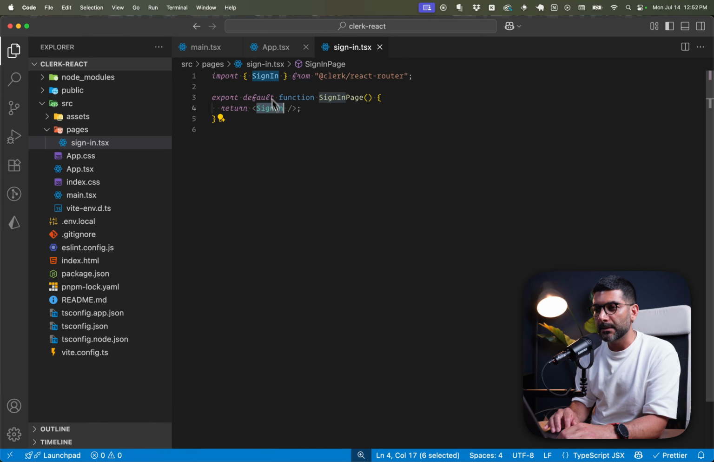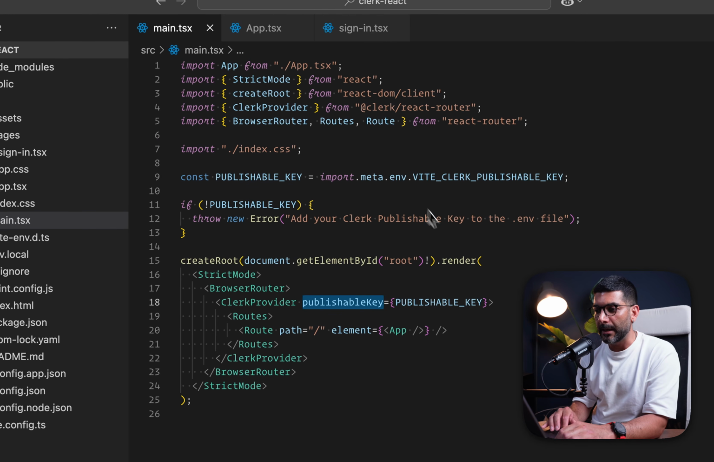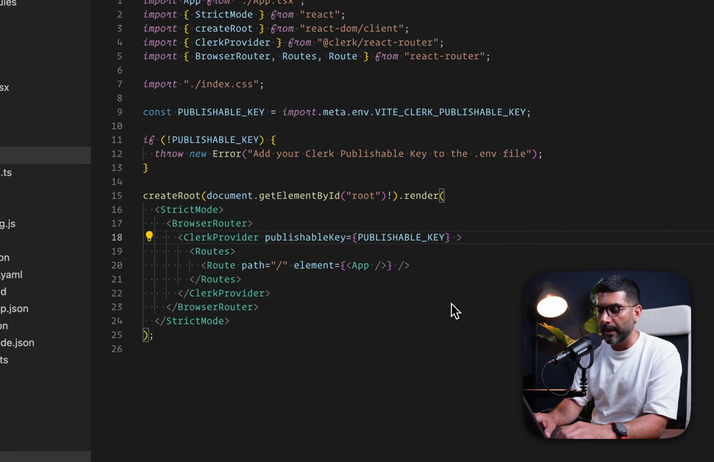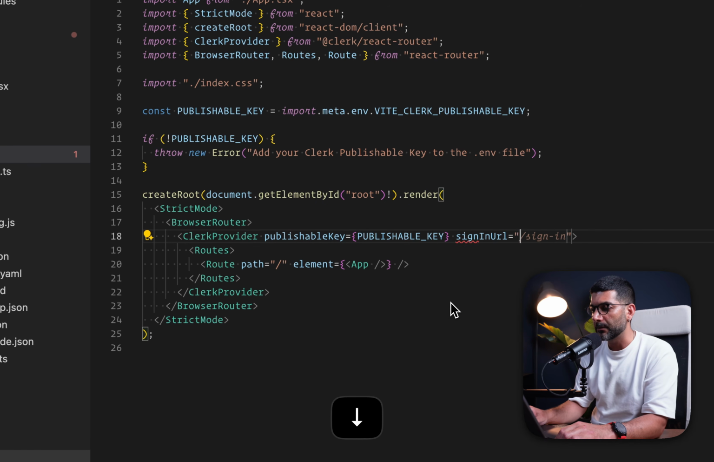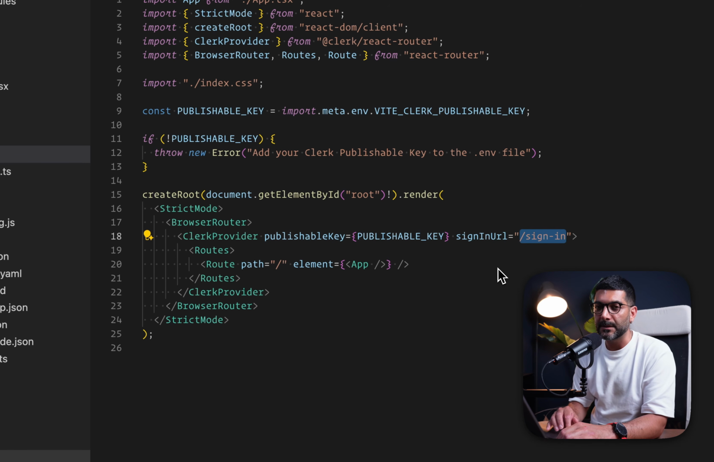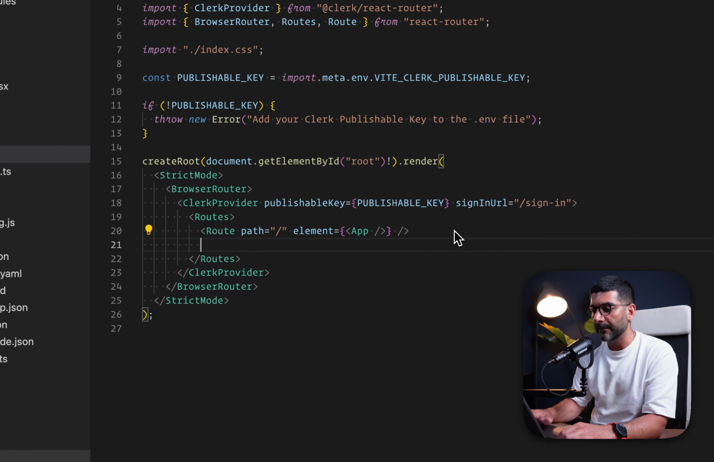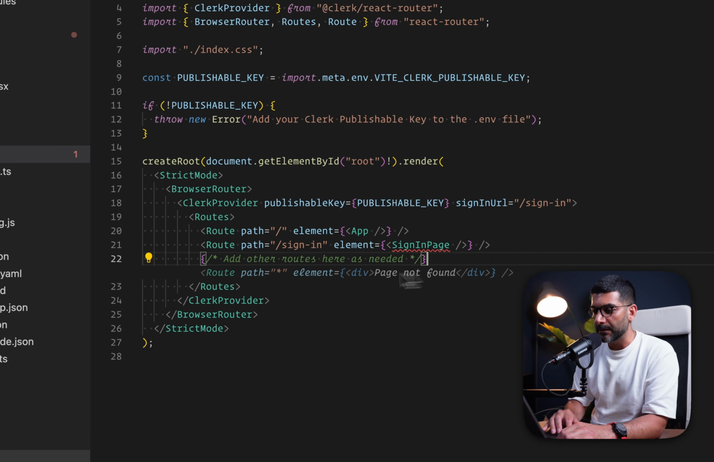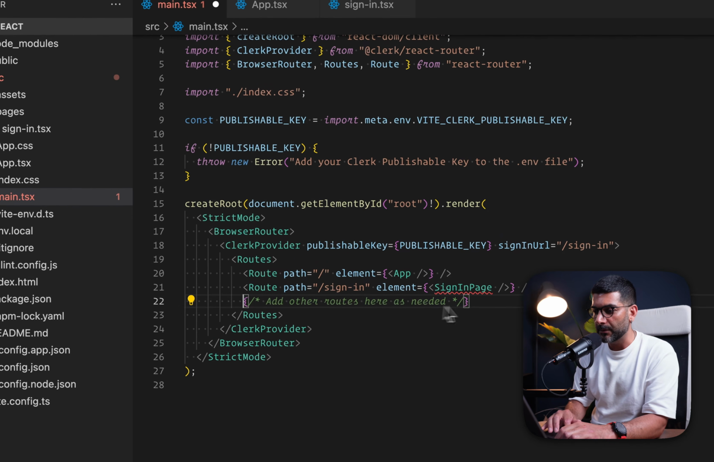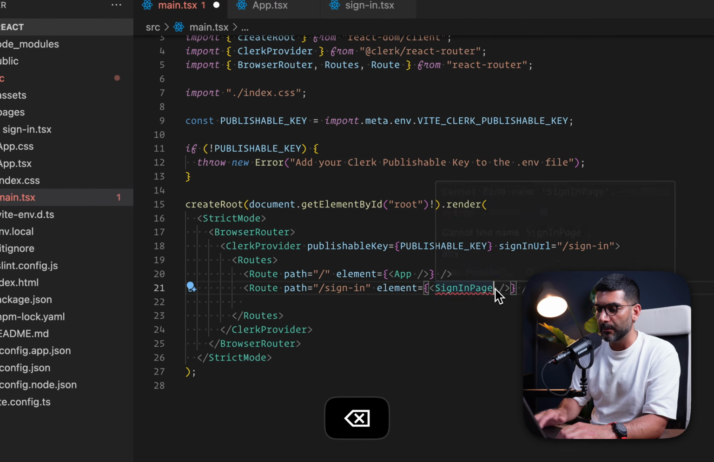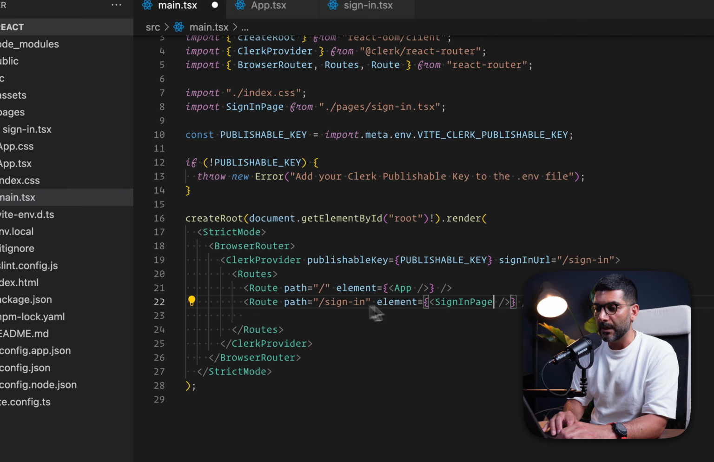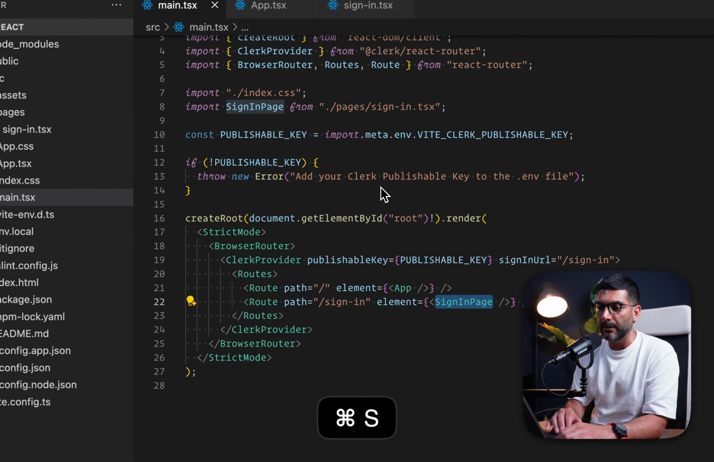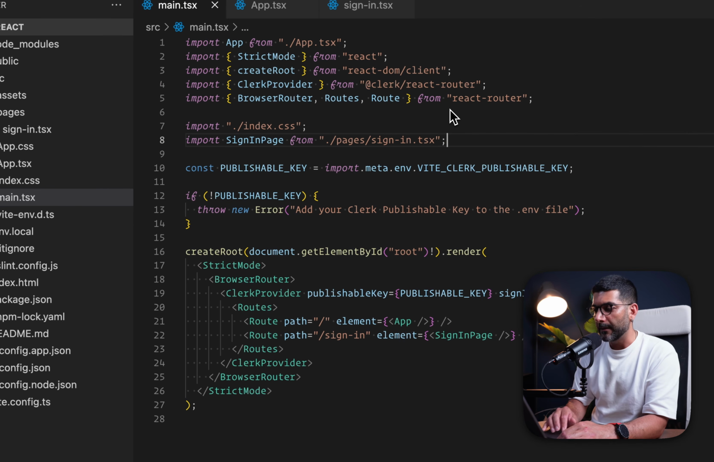So all I need to do now is go back to my main, and in the ClerkProvider, I'm going to just pass in the sign-in URL, telling Clerk that, hey, for sign-in, use whatever we have on this path. And I have to add that path here. So I'm going to add this sign-in route. Just get rid of that comment and also import the SignInPage. So I'm just saying for sign-in, use that sign-in component that we just created. And with this,